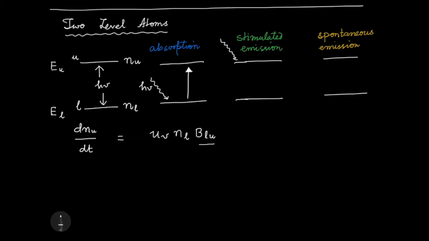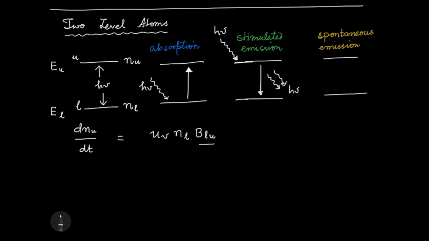Next, let us come to the stimulated emission. The stimulated emission, what happens is just the opposite. And this is what I said in the last lecture also. Einstein gave this concept. So what's happening is that a photon of exact energy h nu falling in the upper level is inducing an emission transition. So this goes down here